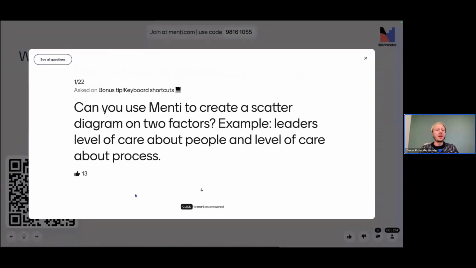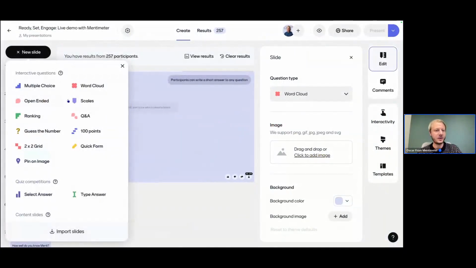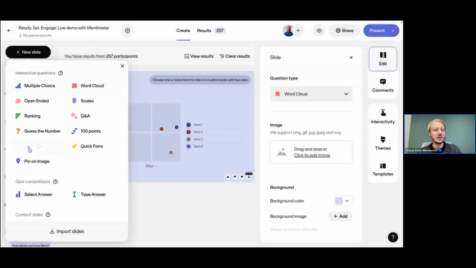Good. Can you use Menti to create a scattergram? Leaders' level of care about people and care about process. Ooh, yes, we actually can. This would be an interesting one. I'm going to see if this is what you mean. So we have a slide here called the 2x2 grid. And here you could technically